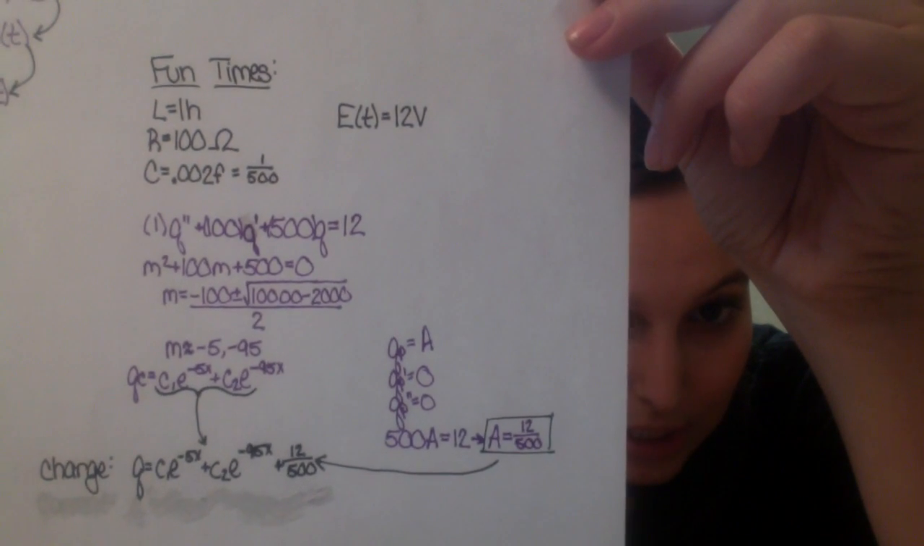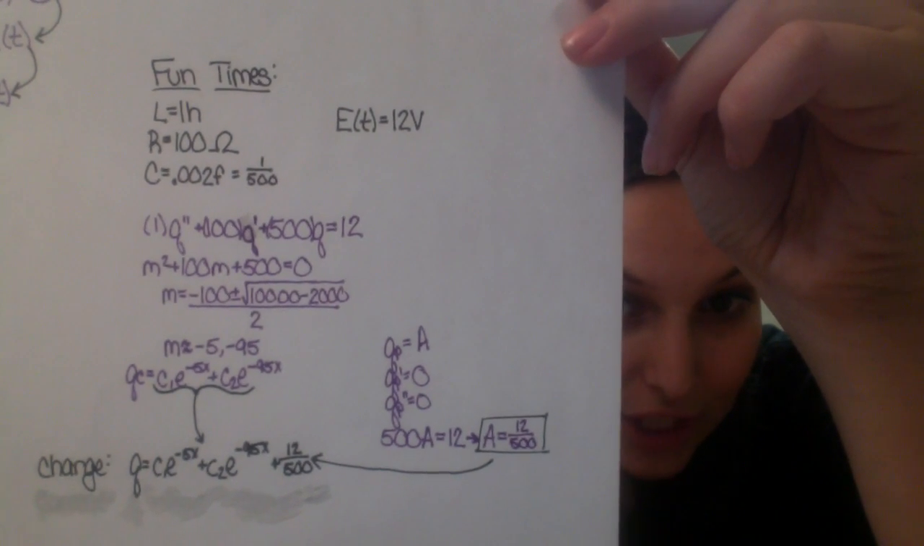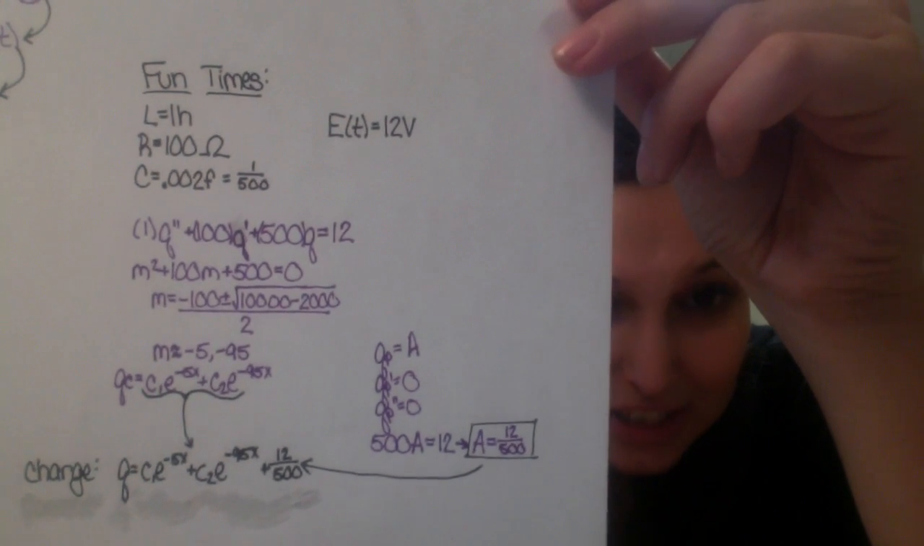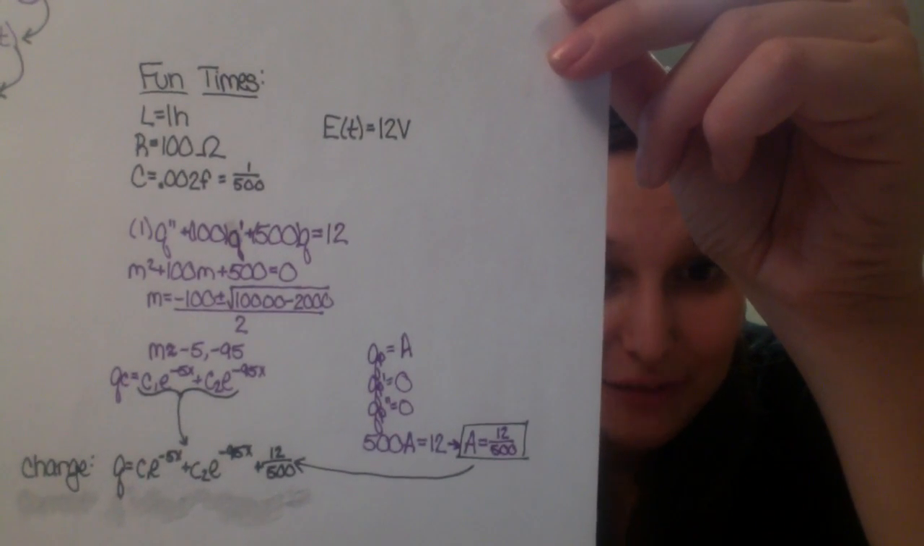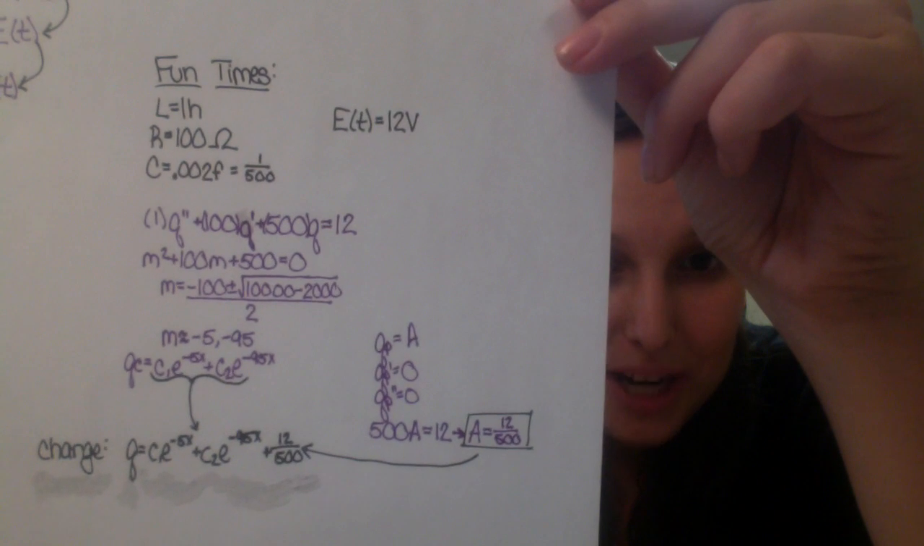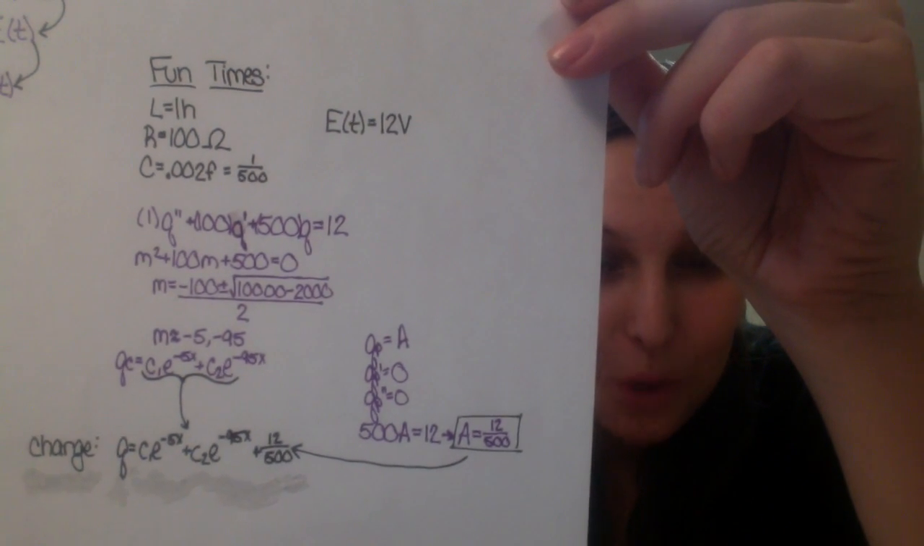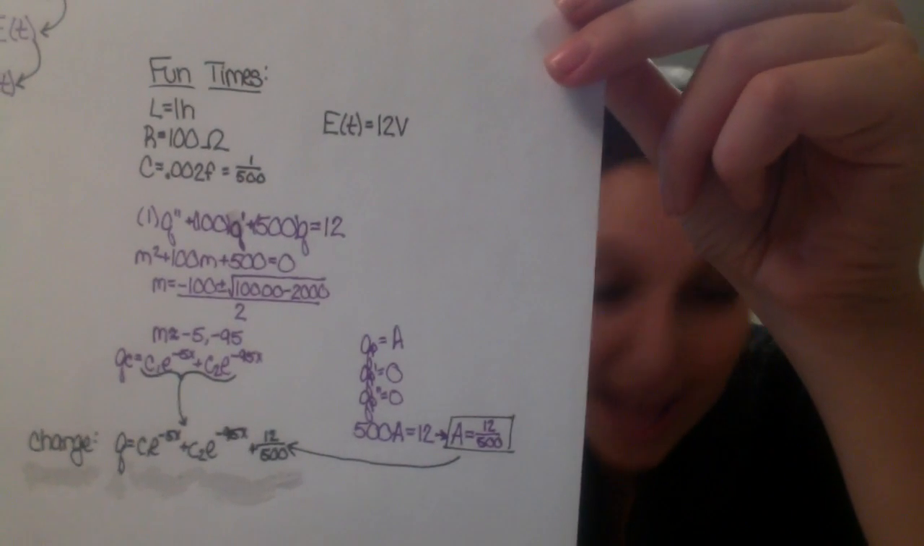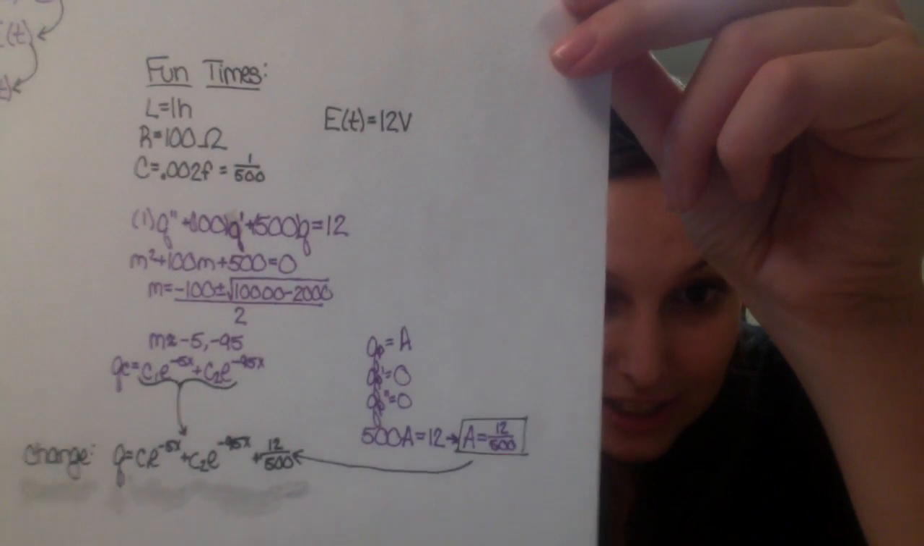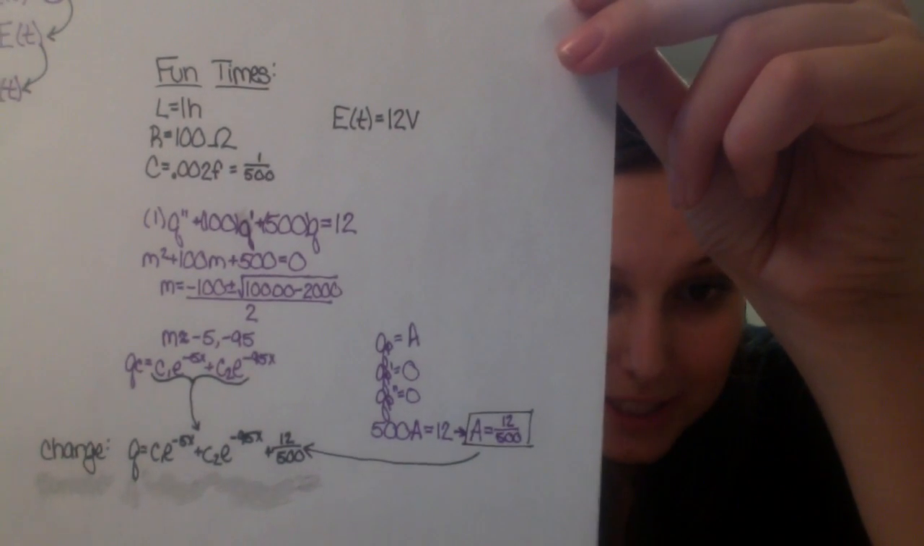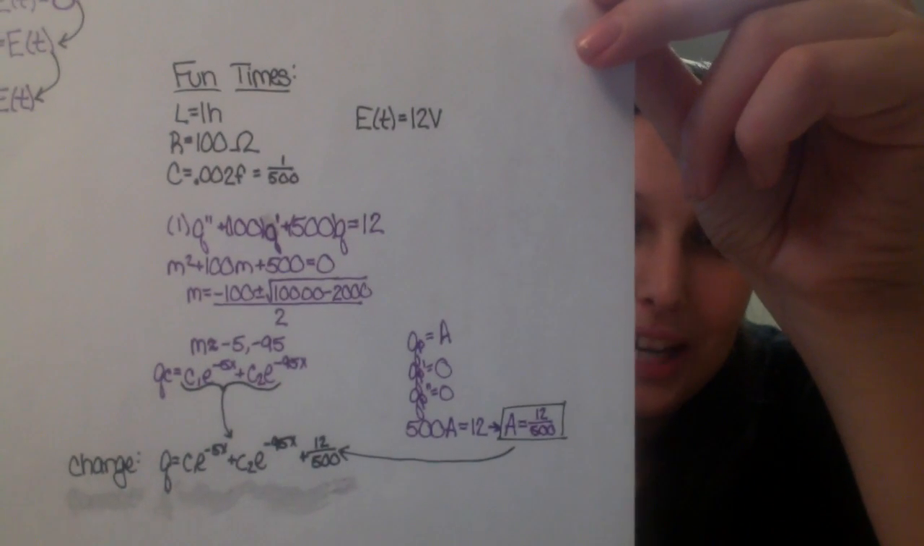m squared plus 100m plus 500 equals 0. And then you have to use, my friend, the quadratic formula, negative b plus or minus radical b squared minus 4ac all over 2a. And that's what that looks like. And then you get that m is approximately negative 5 or negative 95. Then that is your